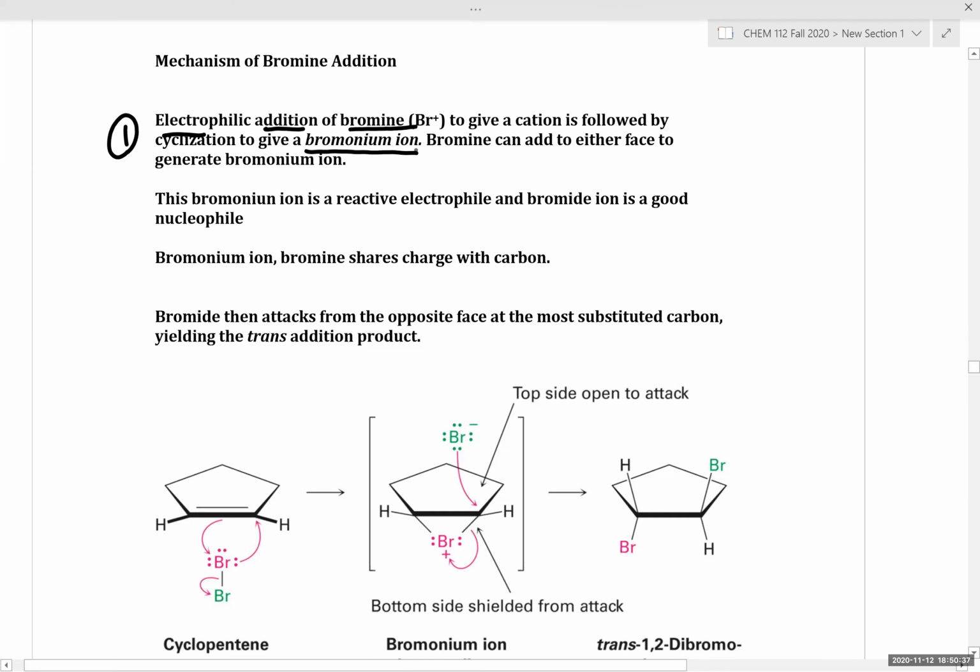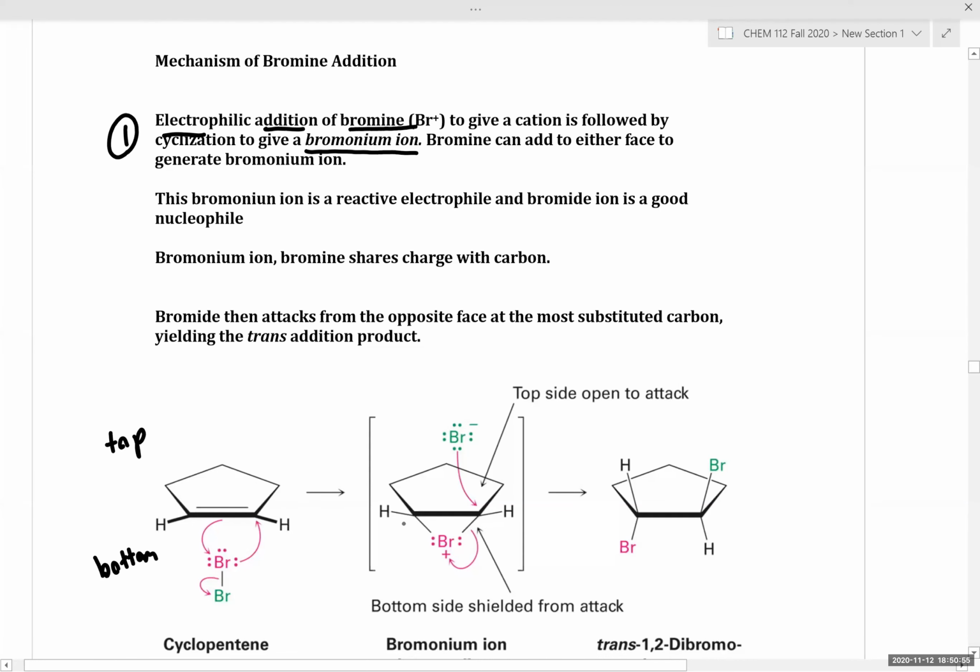Now, of course, initially we can either observe attack from the top or bottom face. There's no facial selectivity for this first